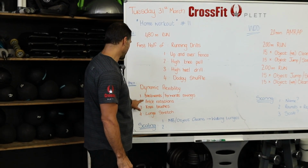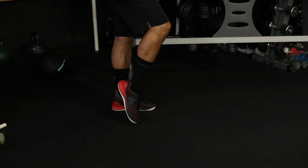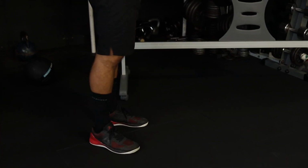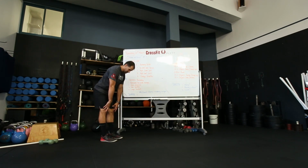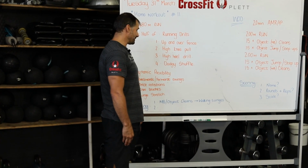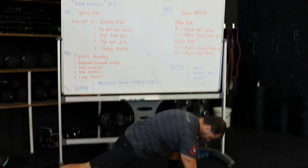What else we got? Ankle rotations, same thing, you're working on the ankles, do 10 in one direction, 10 in the other direction, make sure the ankles aren't grinding too much. Right, knee touches, just to touch the knees, pressing back, just to warm up the hips. You can do little knee touches. If you're a little bit more flexible, you can go down towards the ankles, roll back up along the spine, back straight, chest up. Okay, and then your long lunge stretch, which you've been doing, deep long lunge position, stretching